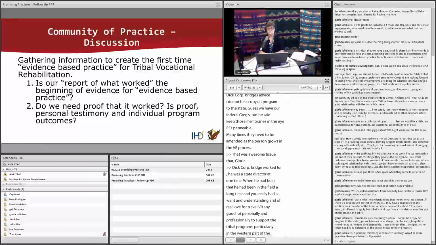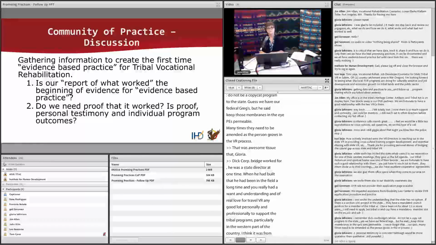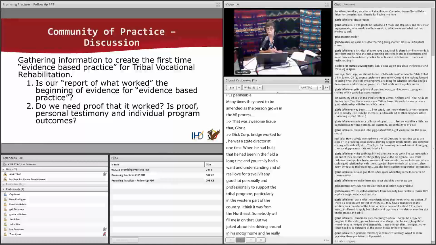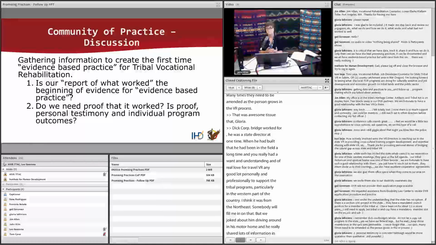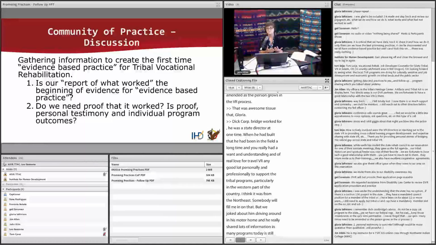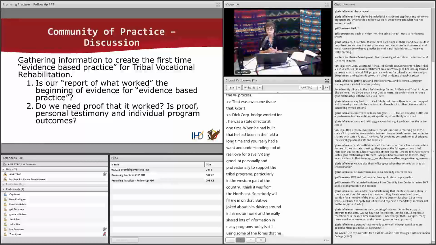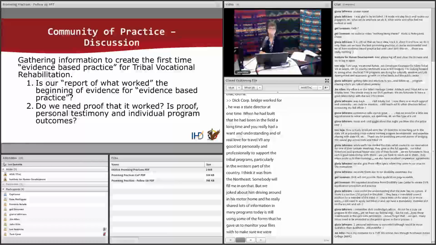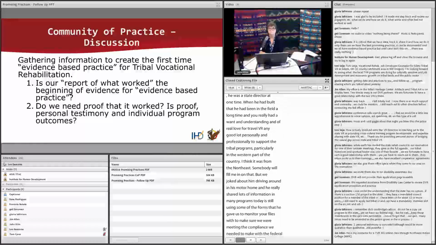But we joked about him driving around in his motorhome to visit programs, and he really shared lots of information. And many programs today are still using some of the forms that he gave us to monitor our files with, to make sure we were meeting the compliance that we needed to meet with the federal regulations and other forms of program evaluation. Gloria adds, too,